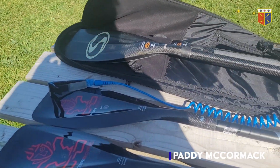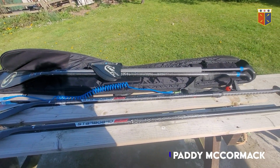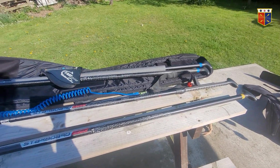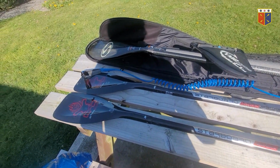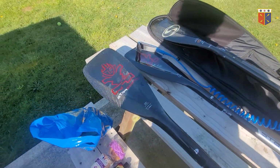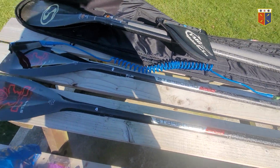Good morning. So, just prepping out some equipment for the next week of training, racing, and traveling. I have two main paddles. One is fixed length, one is adjustable. So my main one will be this nice fixed length Starboard Lima. Real nice paddle. Only real difference between the two paddles, exact same blades and everything,